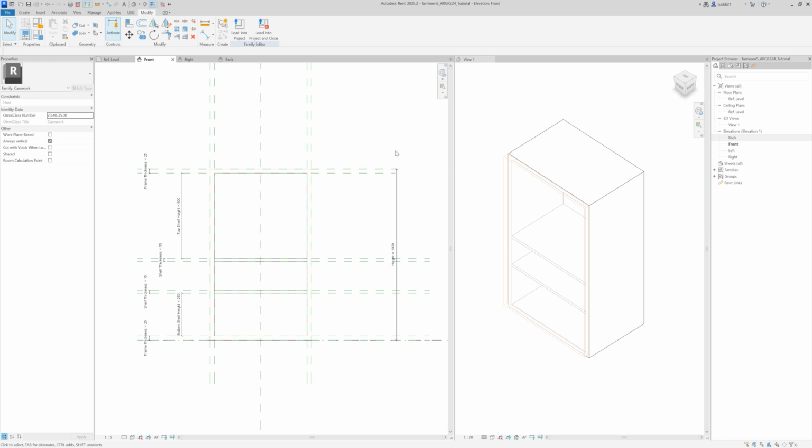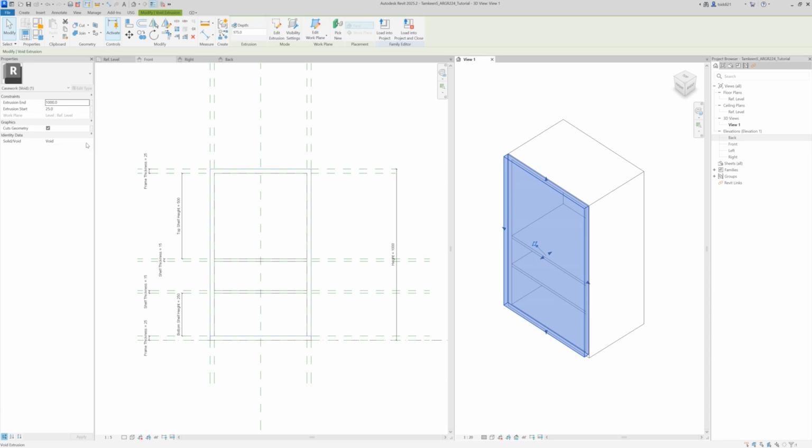Okay, so let's add material to the door. So first we need to click on door and change this from void to solid, and then click on